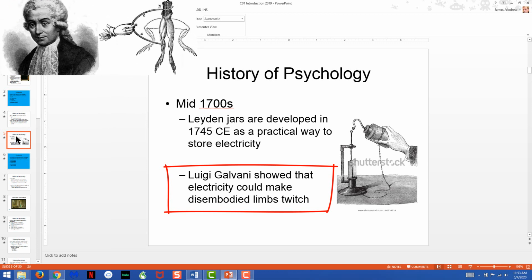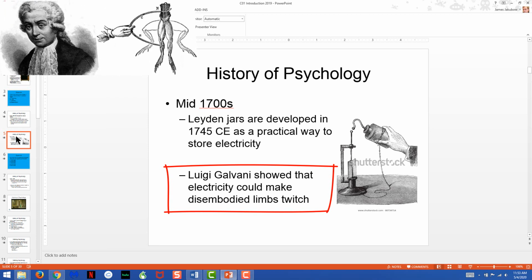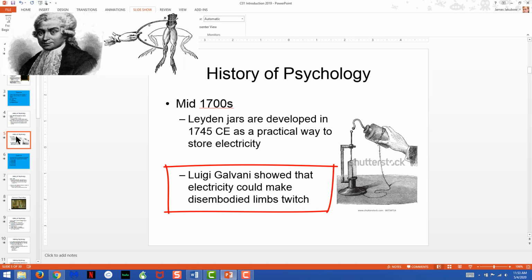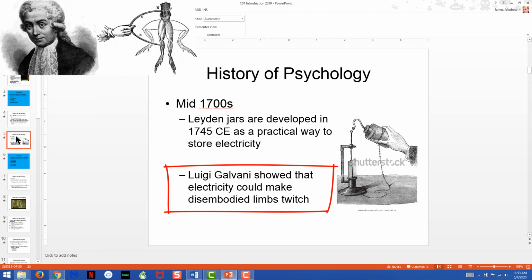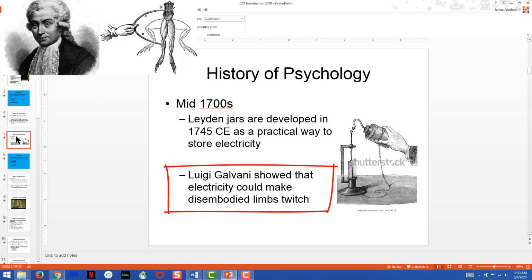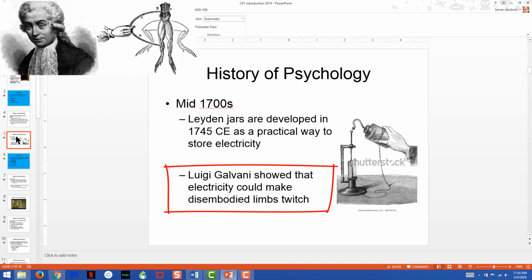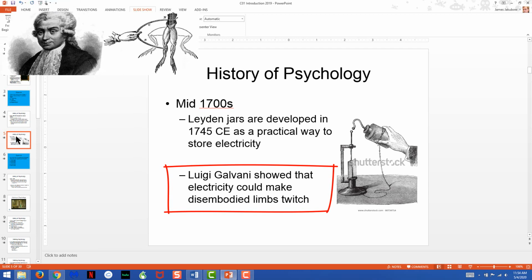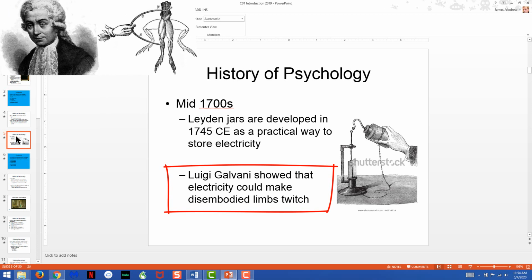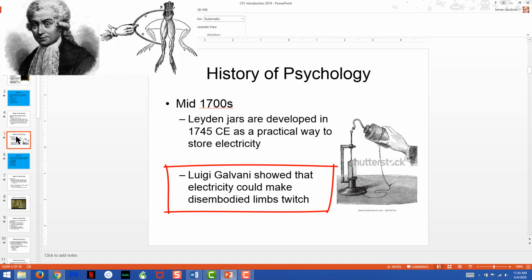It's not clear from the historical record whether this was done on purpose or by accident, but the tips of the Leyden jar were applied to a frog's leg. And when the electricity ran through the leg, the frog's leg moved. That is, the frog is dead, its leg was removed from its body, but when electricity was run through the leg it would actually jerk. And that became kind of the theoretical basis for the concept of electricity